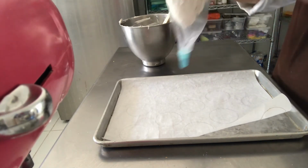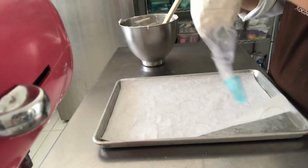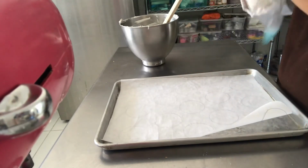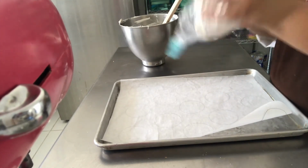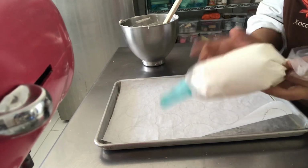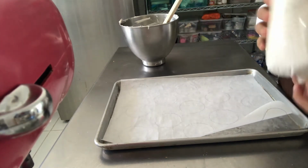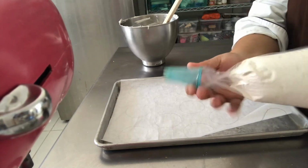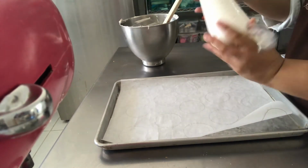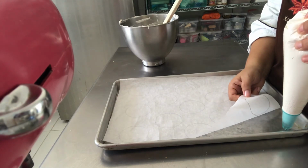Now, turn it. Look, your hands are clean, the bag is clean, and everything is in this part of the bag. Now, I'm going to push and turn a little, twist the bag, and that's going to push all the meringue onto this part. Okay, I'm going to remove the tip, and still pushing, turning, and look, you don't have big bubbles, all the air is outside, we don't have air here. Now I'm going to use a little of the meringue